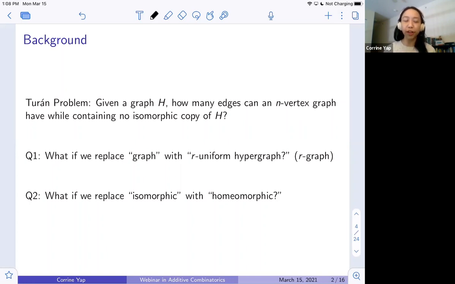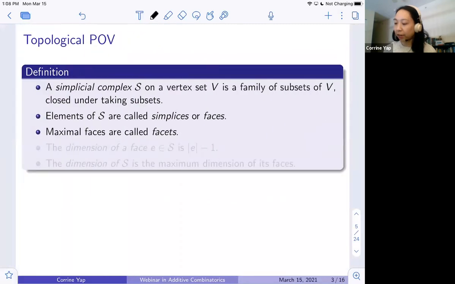So in order to tell you what exactly I mean when I ask this question, I'm going to pause and introduce the topological point of view that we'll be taking for this problem. The topology I'll be using is that of a simplicial complex. If you're not familiar with simplicial complexes, you can take these to be definitions. If you are, then we're not thinking about continuous simplicial complexes the way topologists would prefer to think about them, but really the discrete or combinatorial version of a simplicial complex, which is really just a set of vertices and a collection of subsets of those vertices. And we're not embedding them in any sort of space.